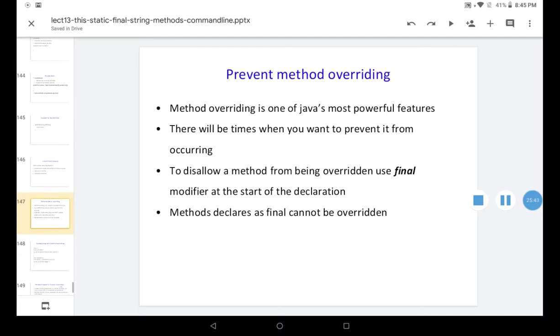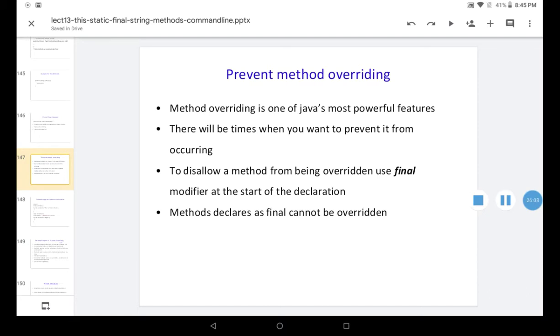Method overriding is one of Java's most powerful features. Overriding changes the method definition in another subclass, but there will be times when we want to prevent it from occurring.